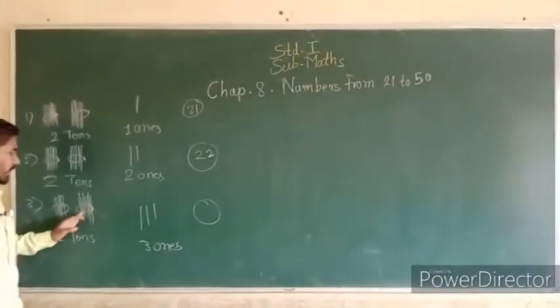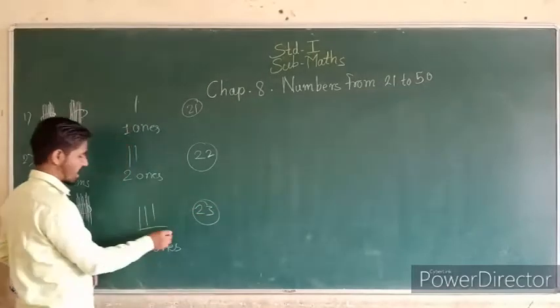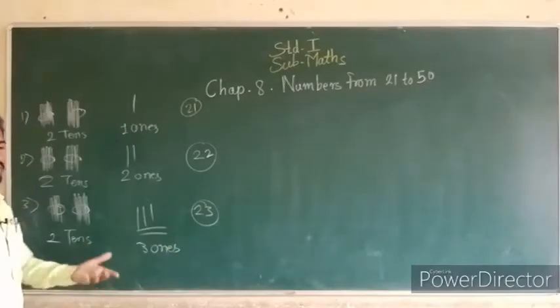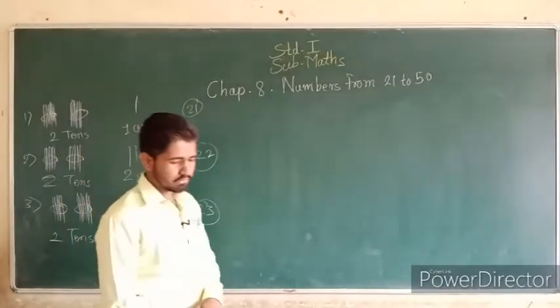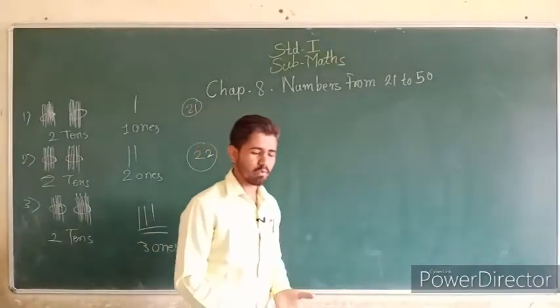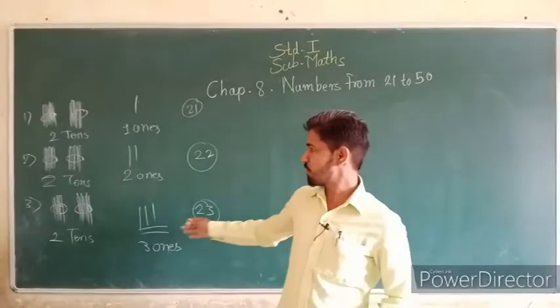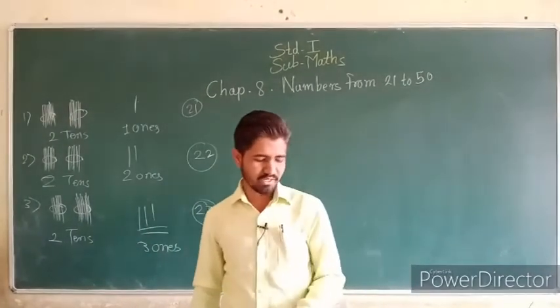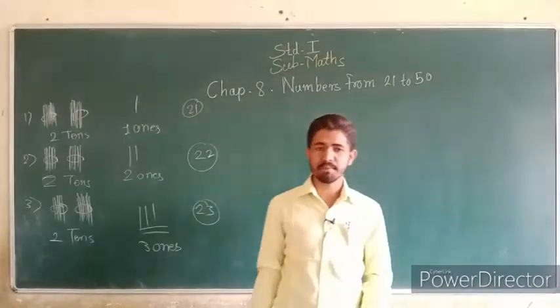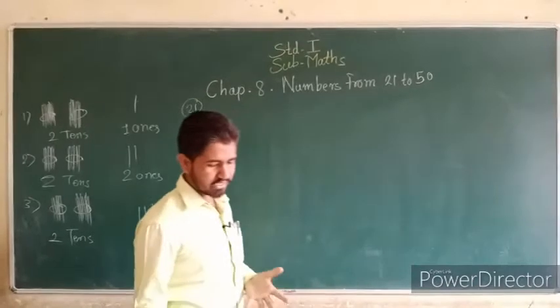10 plus 10, 20, 21, 22, 23. Children, we have to fill in the blanks on page number 106. So this page number 106 we have to solve like this. First, I will solve the first 3 examples here. There are many easy examples, so for example I will solve the difficult ones here.